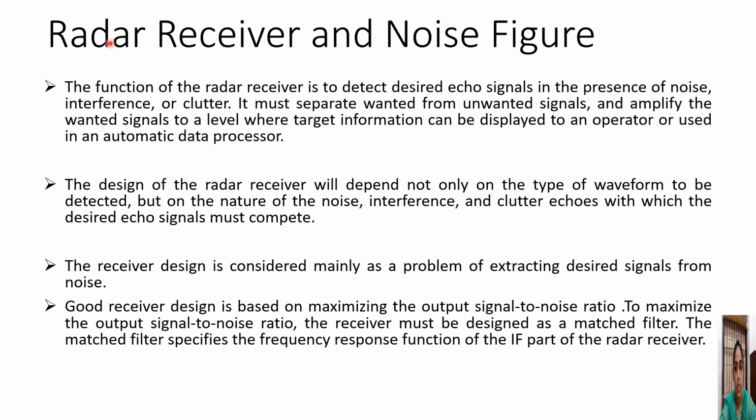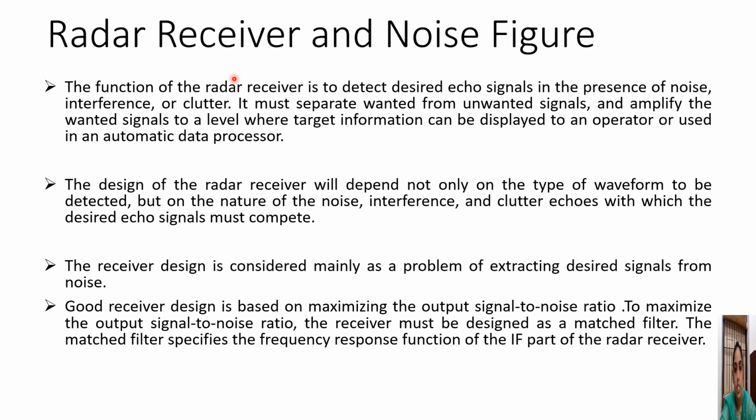In this section we will be discussing the radar receiver and the noise figure of the radar receiver. Now we know that in the block diagram we have seen that we are going to take the output from the receiver part, that is, if we are having a superheterodyne receiver, we are going to process it in a processor like a delay line canceller, and then we are going to suitably display it, where we as an operator will be able to understand the information from the echo signal.